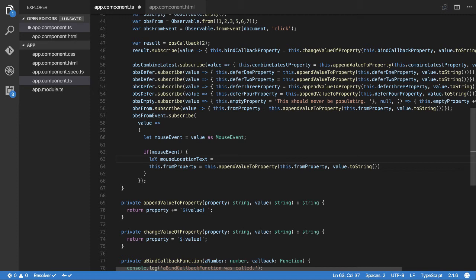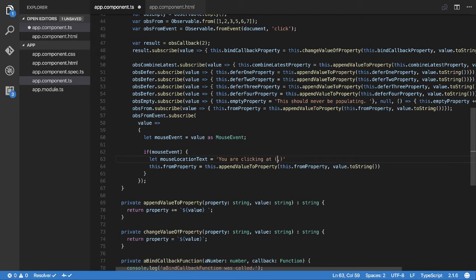Let is also like defining a constant inline, saying, oh, I want to set a new variable, but I don't want anyone to change it after I've set it. So that's what this is. Anyway, moving on. So I'm going to put here, you are clicking at, and I'll put like this,